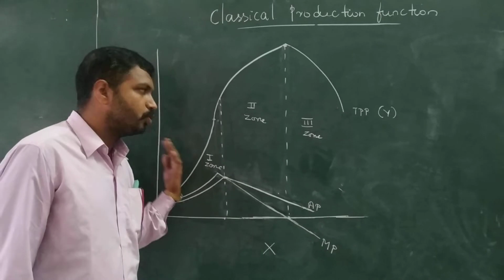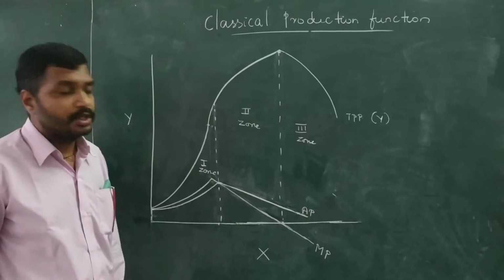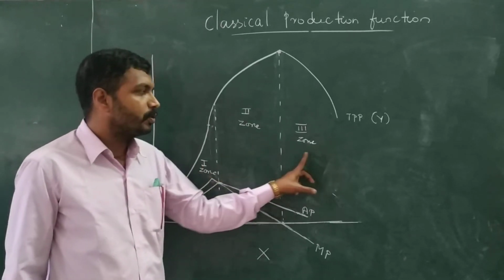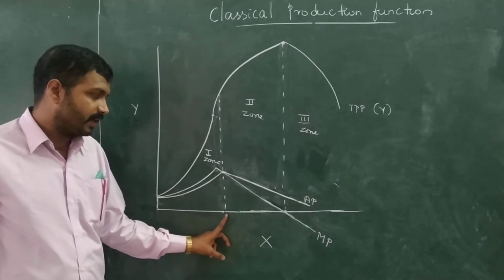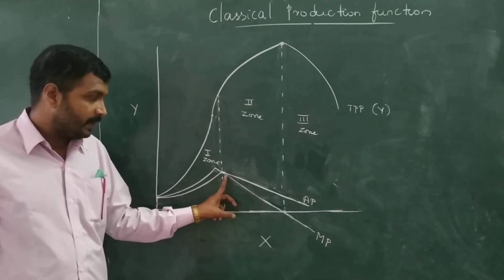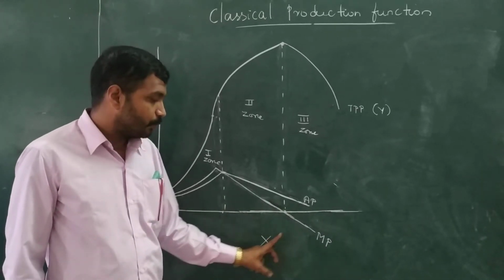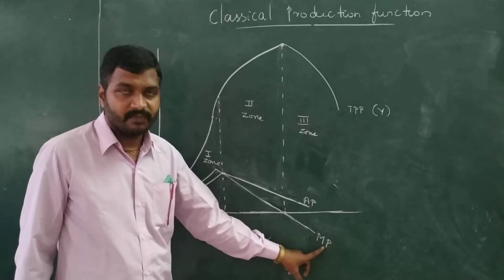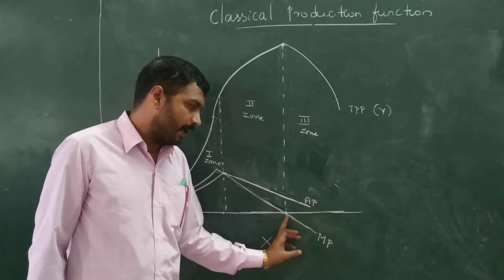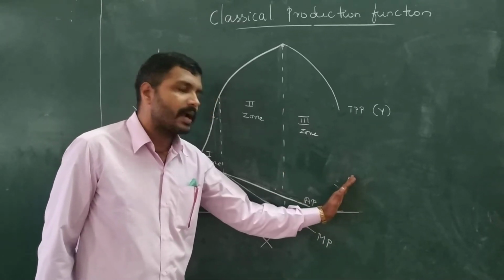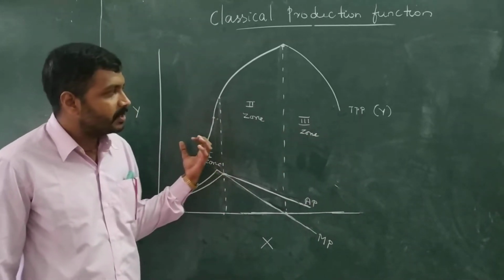it is possible through what we call zoning, and we have divided this entire classical production function into three zones: first zone, second zone and third zone. First zone starts from the origin and ends at the point wherein MP will be equal to AP, and the second zone starts from the same point and ends at that level of input use wherein corresponding MP will be 0, and the level of input use which gives a negative MP, that part of the production function we call the third zone. Okay, so this much we did.